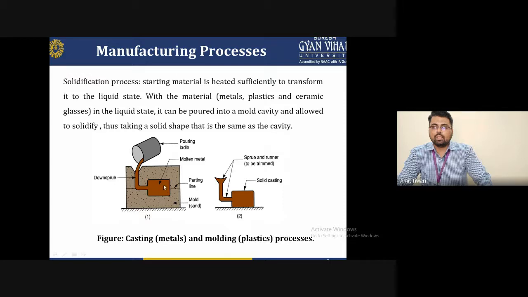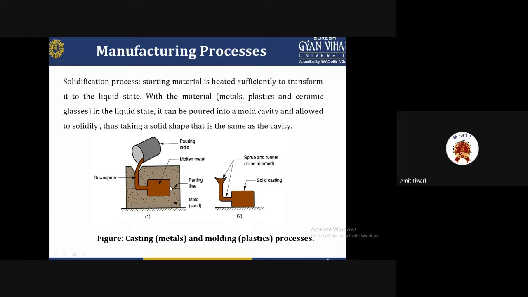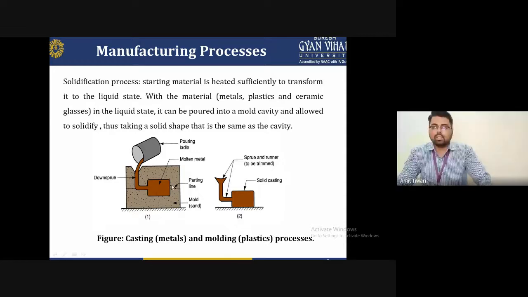You can see in this diagram that section A is the pattern, and inside is the empty pattern cavity covered by sand, which is called sand casting. Through the molding, the pedal is filled with the liquid material poured into the empty pattern and allowed to solidify for a certain time. It will take 1 hour or 2 hours depending on the material and the structure we want, large or small. After solidification, you can find the final product in solidified form. This is known as the casting.